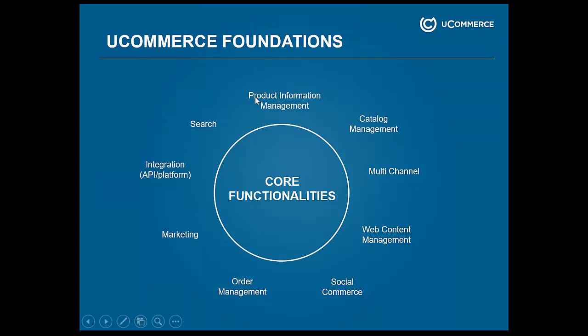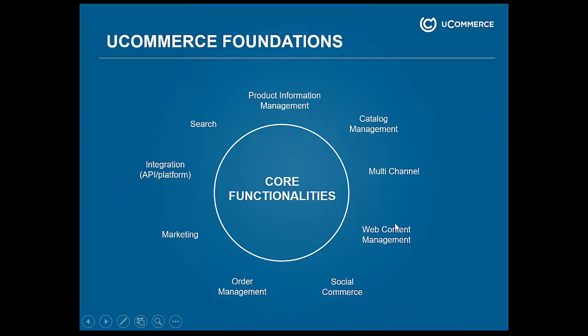And of course, sitting underneath all that is the product information management system, which I'm also going to talk about some of the new things today when we get into the demo, among which is improved capabilities for dealing with fields and inheritance of set fields. Search here is a big one. Umbraco, of course, has its own search capability, but we added our own in there because we needed additional capabilities, specifically faceted navigation, which is very important for commerce, less so for content. So there are actually two search engines that you will be dealing with in a uCommerce solution.